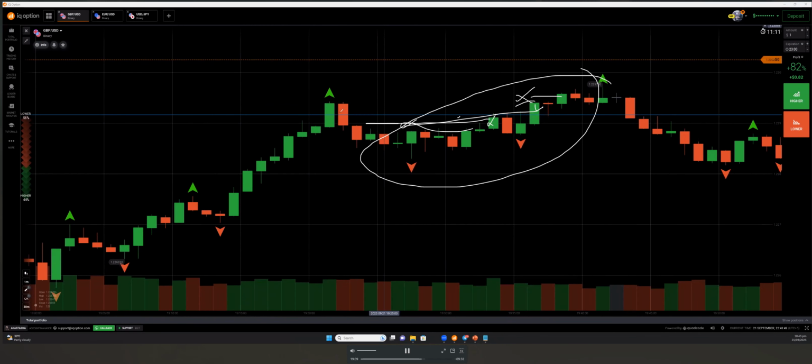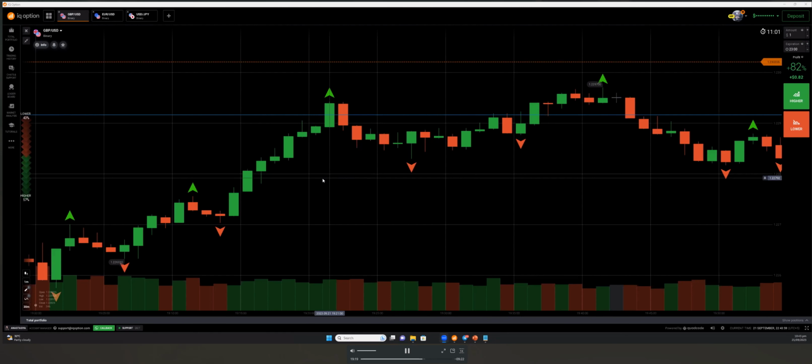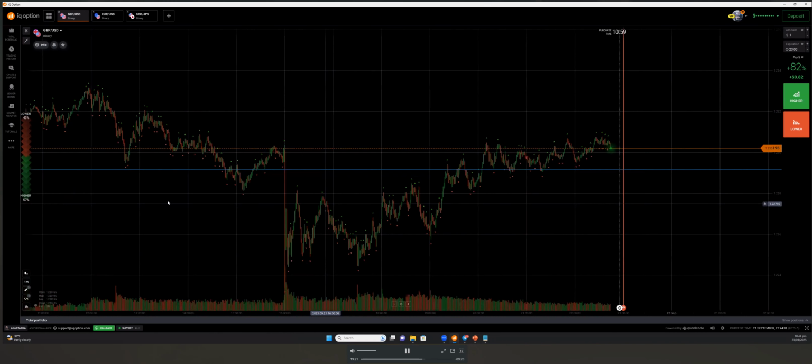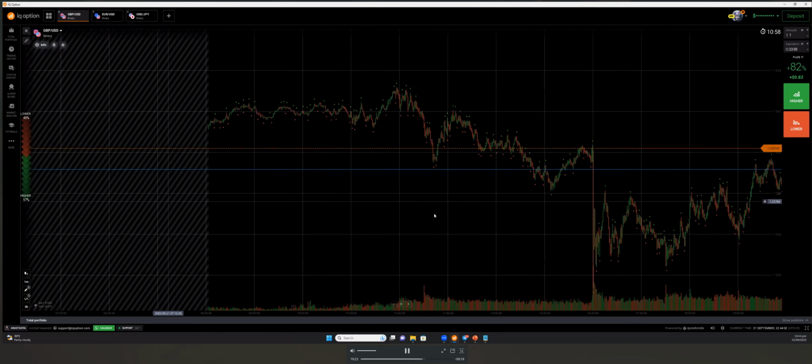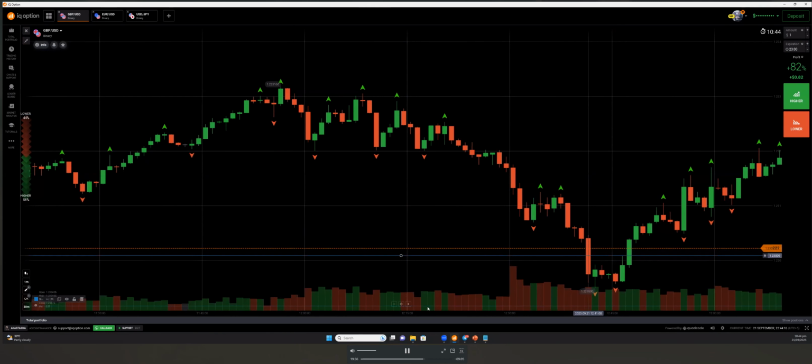I'm taking the 50% only when there is no past price action, right? It means the 50% of every candlestick is not a support and resistance. I take it when there is no past price action, when we are unable to identify any support and resistance level. For example, here, look. Do you find any support and resistance on this candlestick? No. That 50% we will take as a support and resistance. So this will be the 50% as a support and resistance.